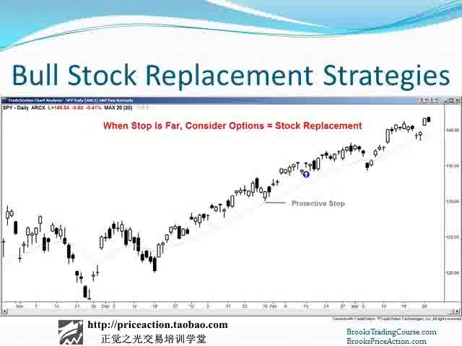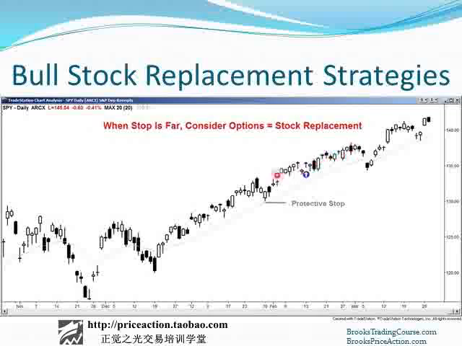Well, an alternative is to sell out of your spider shares, and instead replace your stock position with an options position. And an obvious one would be a call. Just buy an at-the-money call 1 month out or 2 months out. And so at this point, you'd be long a call. If you're looking to hold for 2 or 3 months, maybe for a 5 or 10% gain, you could go ahead and buy a call spread. But if you're thinking the market might just go up another 2 or 3% over the next few weeks, just go ahead and buy the call.